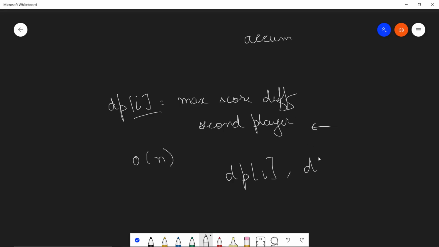And then your other answer would be DP[i] minus accum[i minus 1], because I don't remember the cumulative array that I had with me. Let me just say it's 1, 2, 2 and 3. So if you are finding for this, you'll subtract from the previous one, hence i minus 1, right?